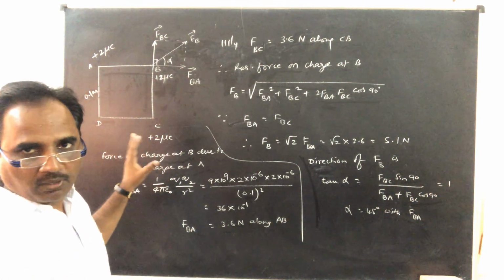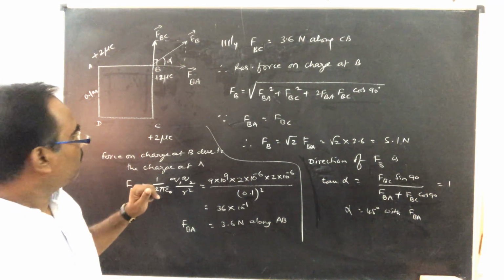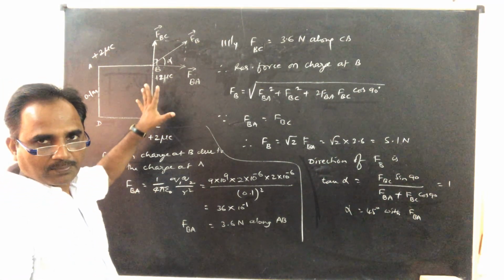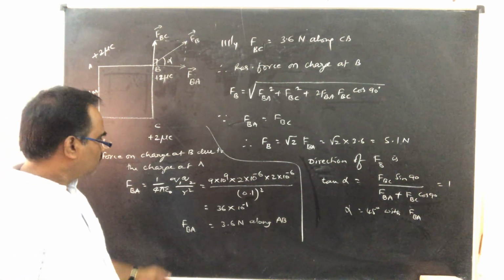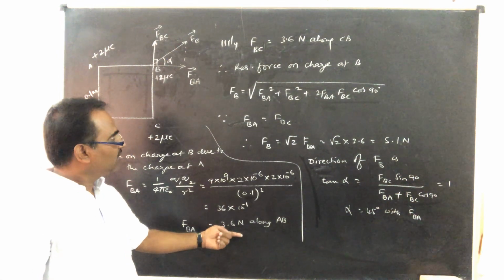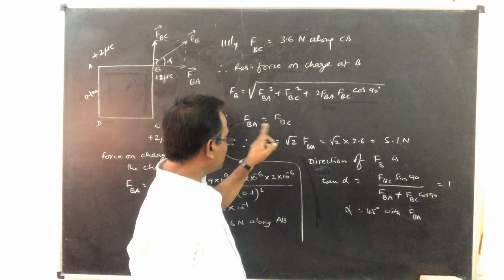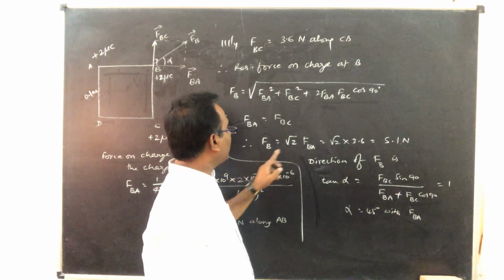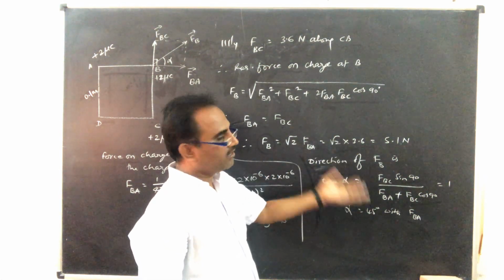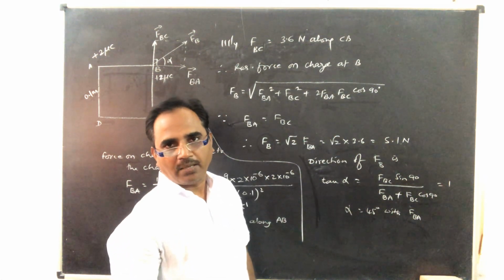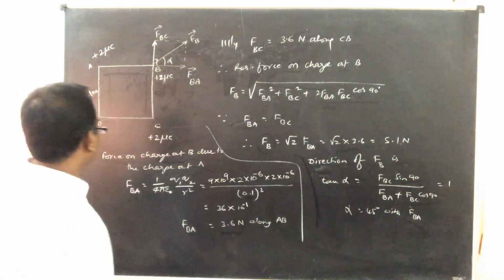So these types of simple problems will be asked in the board examination. By applying the concept correctly, you can get the solution very easily. So here you can do this calculation. There is no need of doing this calculation, it remains same. Once FBA is equal to FBC, the resultant will become root 2 times FBA or FBC. You will get this step. So obviously it will be 45 degree with AB or AC. So this is another problem.